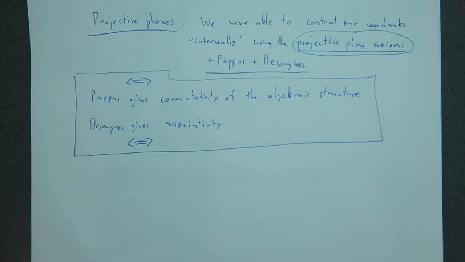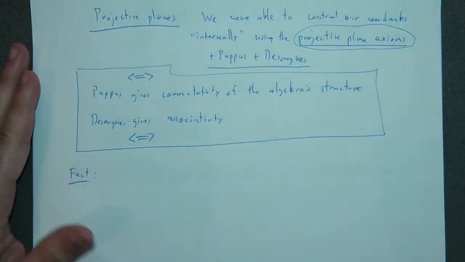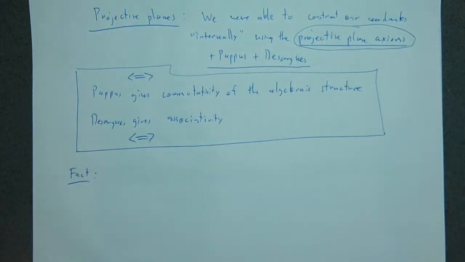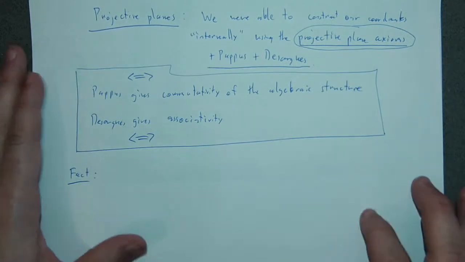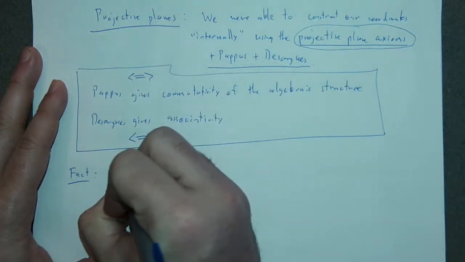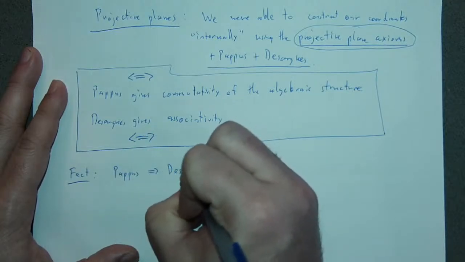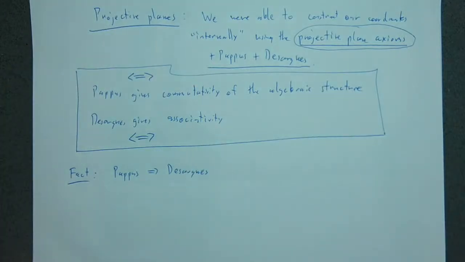Now, a couple of other things. Here's a fact. This actually wasn't known until relatively recently, and what relatively recently means is that I think the first correct proof of this was in like 1910, but mathematically, that's relatively recent. So the fact is that Pappus implies Desargues. Okay, so if you have the Pappus theorem, you can prove the Desargues theorem. But this wasn't known until,